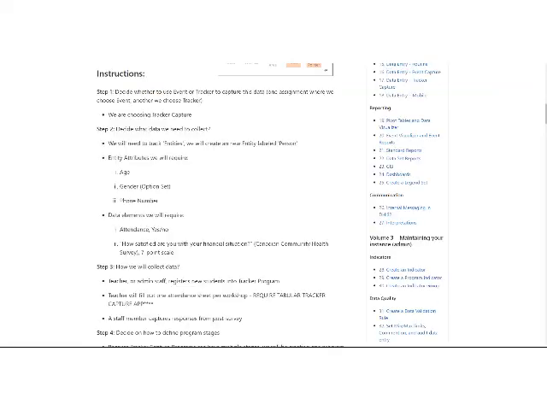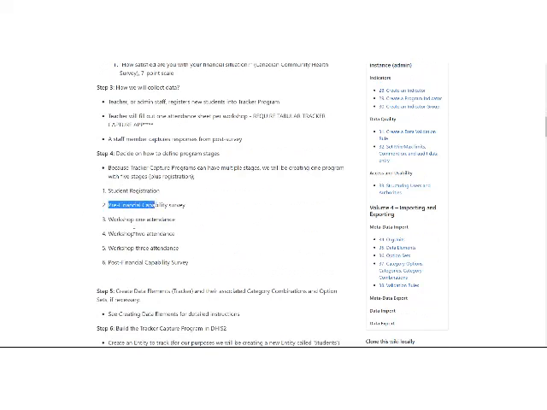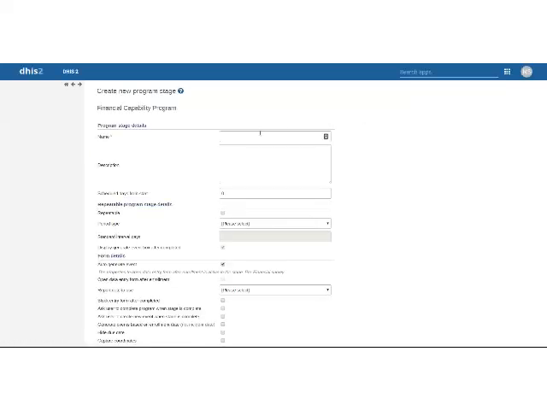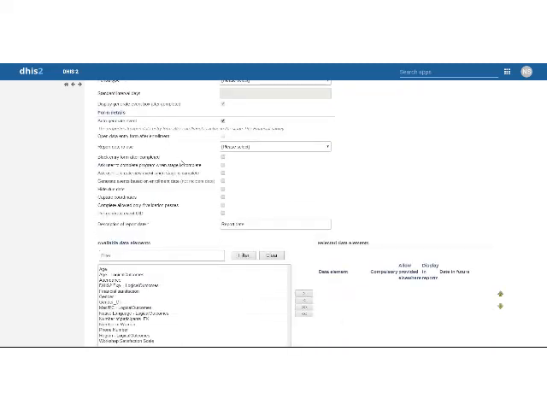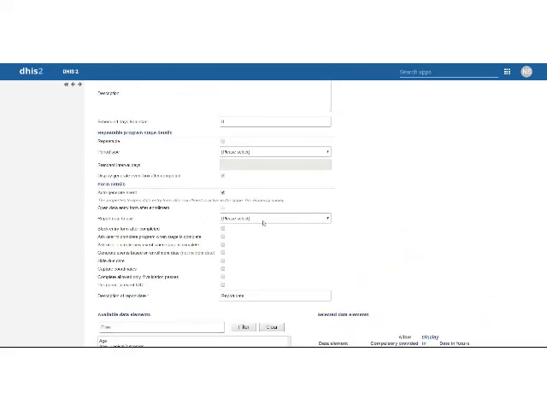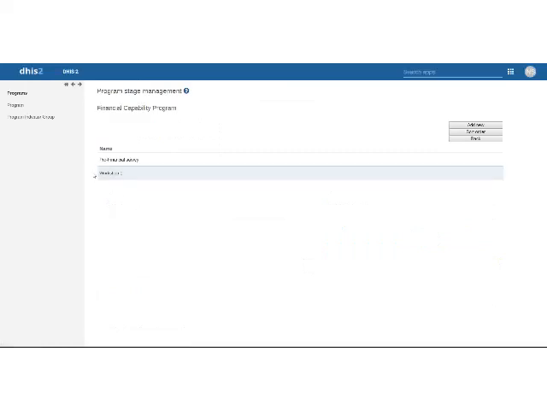Now, if I go back to which stages we want to create here, we have the pre-survey, then we have workshop 1, 2, 3, and those workshops are attendance. So we're going to add a new one, workshop 1, go down here, and we want attendance. There we go. And it's going to be compulsory and displayed in reports again. And of course, we want to see that should be good to go. There we go. We have our workshop 1. And we're going to continue that all the way down through